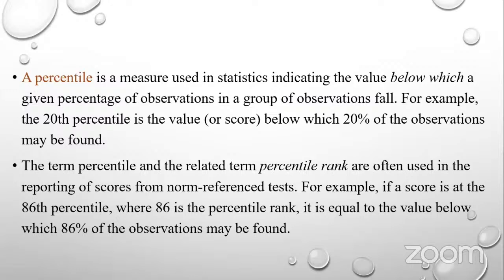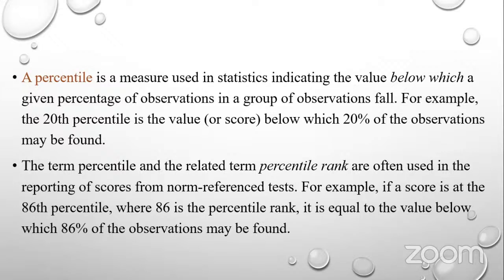So what do you mean by a percentile? A percentile is used in statistics, and it indicates a value below which a given percentage of observations in a group of observations fall. Just take an example: the 20th percentile is a value or score below which 20% of observations may be found. So this is an example you can consider. I will explain to you after